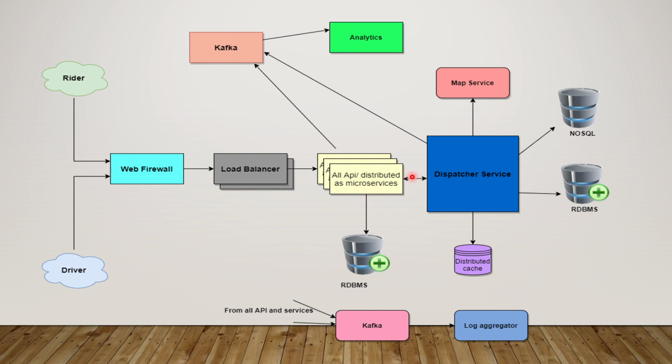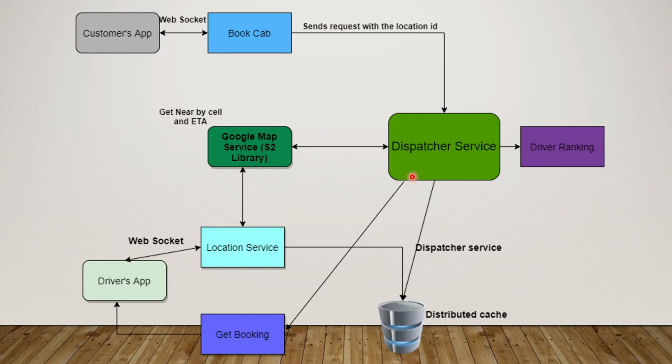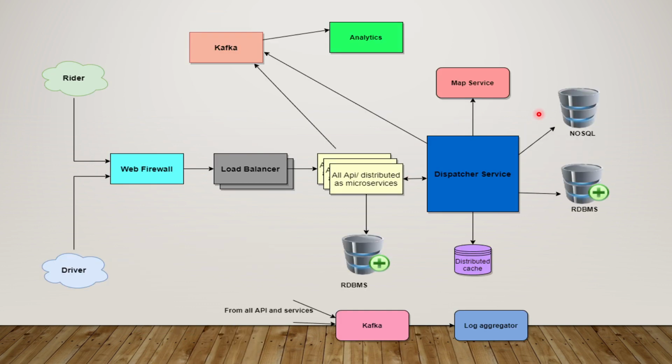The dispatcher service will connect the rider to the driver. I hope it's pretty clear how the dispatcher service will work. One thing I did not put here was that the dispatcher service and all these APIs will keep putting their logs into Kafka. So there will be two things. One will be all the items that the dispatcher service is processing, basically which rider was picked up from where, and there can be a hotspot kind of situation, like today in a particular area a lot of drivers were going there, a lot of cabs were booked there.